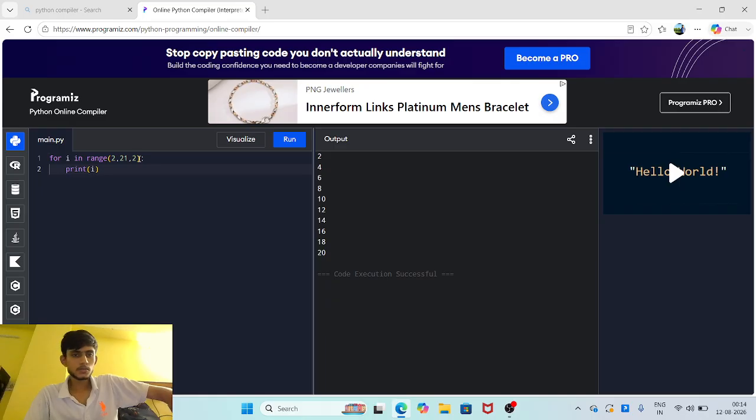So instead of the earlier start, we will write 1, and instead of the earlier end, we will write 20. So let's run our program. You have seen clearly on the output screen that the odd numbers are printing, right? Right. Then our next